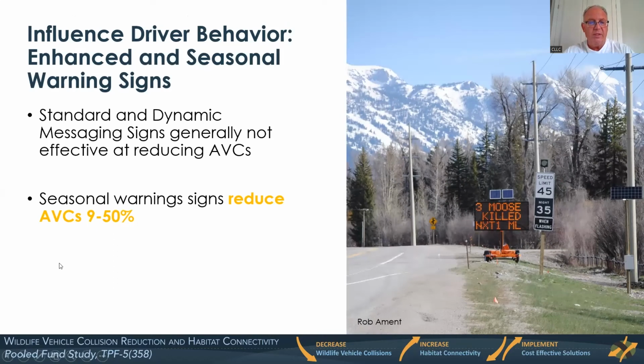A couple examples of these measures that try to influence driver behavior are standard signs, the jumping deer, or dynamic message signs, which are signs where the wording on the sign is electronic and can be varied. But they tend not to be very effective. The only ones when it comes to signage that have been found to be somewhat effective, 9 to 50%, are seasonal warning signs. And so in the photo, you can see that's a mobile sign that gets moved into a location in a particular time of year where, in this case, on Highway 390 in Wyoming, there's a high amount of moose kill during the winter when they move in along the Snake River, where this highway runs parallel to it. So when you have seasonal warning signs, you can get up to 50%, but clearly not highly effective, but